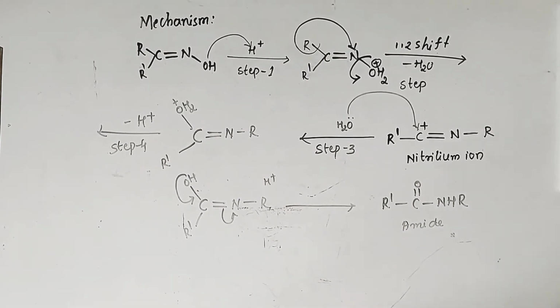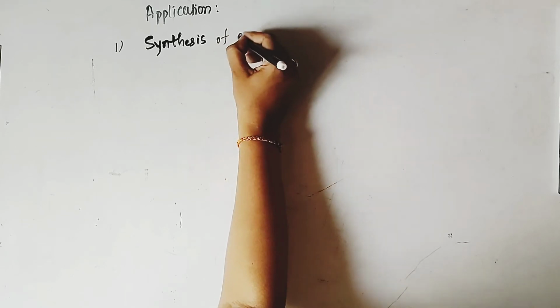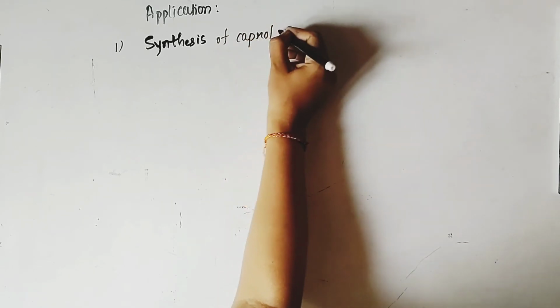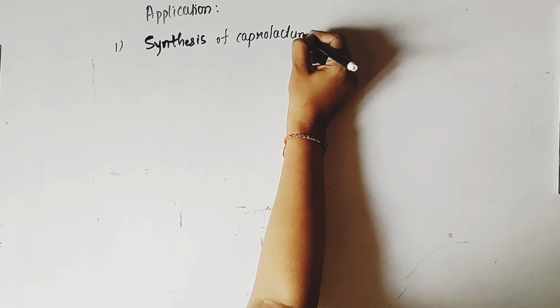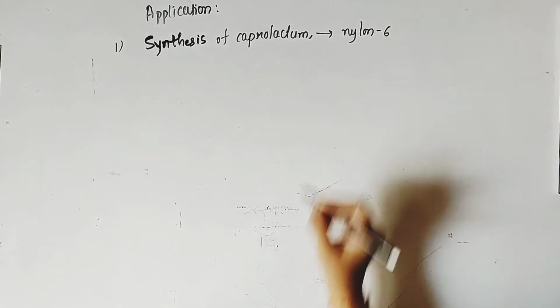Now we will see some applications of Beckmann rearrangement. First application of Beckmann rearrangement is that it is used in the synthesis of caprolactam. Caprolactam is used for the production of nylon 6, that is fabric nylon 6, and